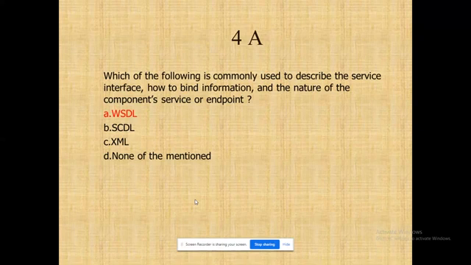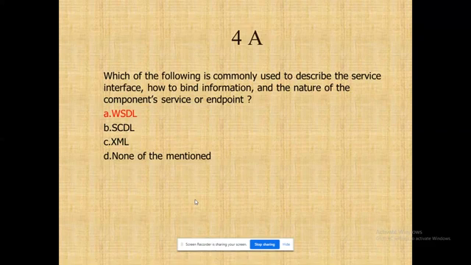So likewise, the service access point can be completely designed by this WSDL only, right? It will help me to identify the service interface, WSDL. To identify the service, I have to use my SCDL. So that's the main difference between these two things, SCDL and WSDL.